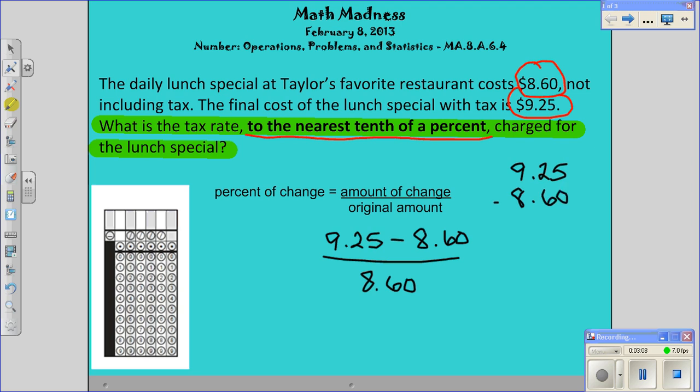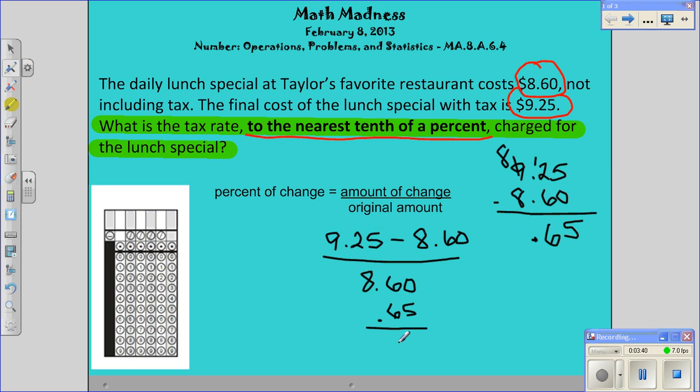You guys make sure you're working down your paper. 5 minus 0 is 5. 2 minus 6, need to borrow. 12 minus 6 is 6. And then I'm going to bring my decimal straight down because that is the rule when you're subtracting decimals, is to line the decimal points up and bring the decimal straight down. So the amount of change in this problem is 65 cents